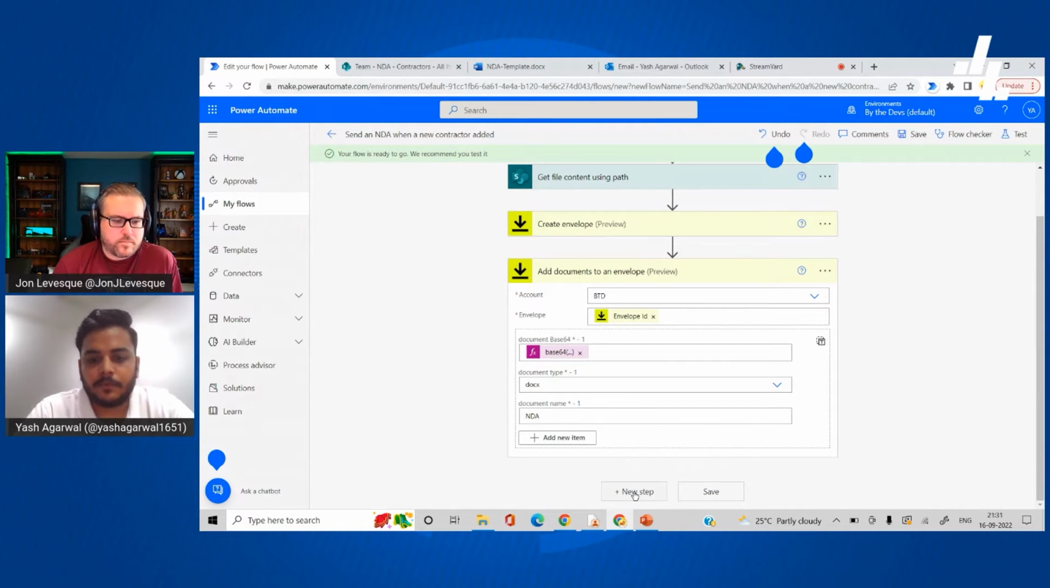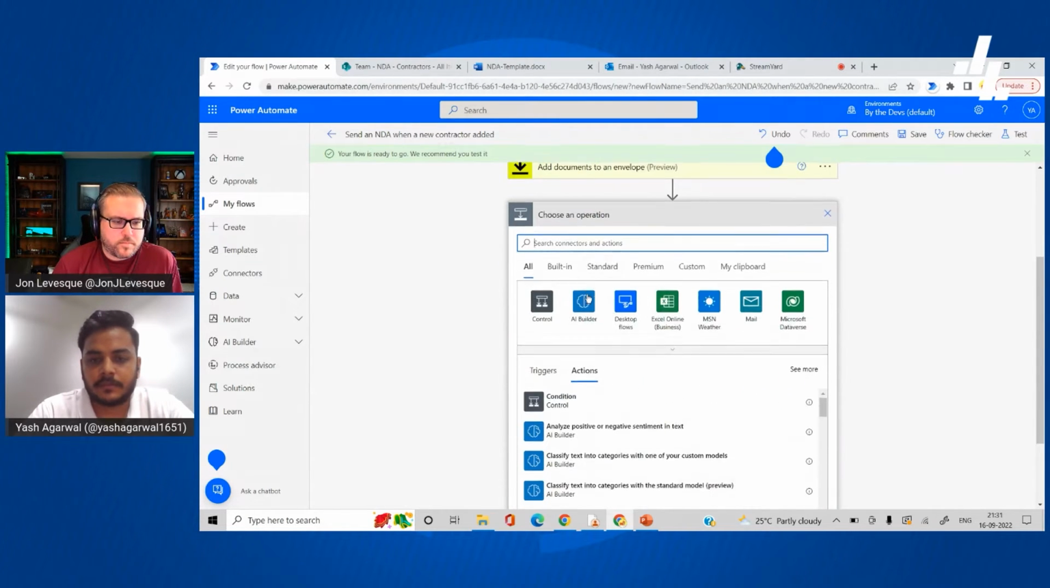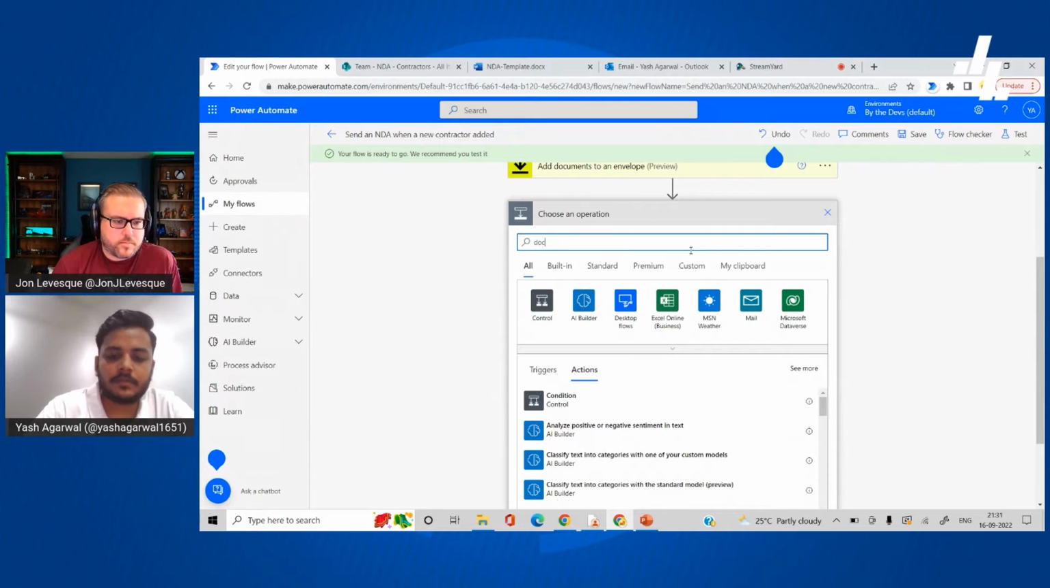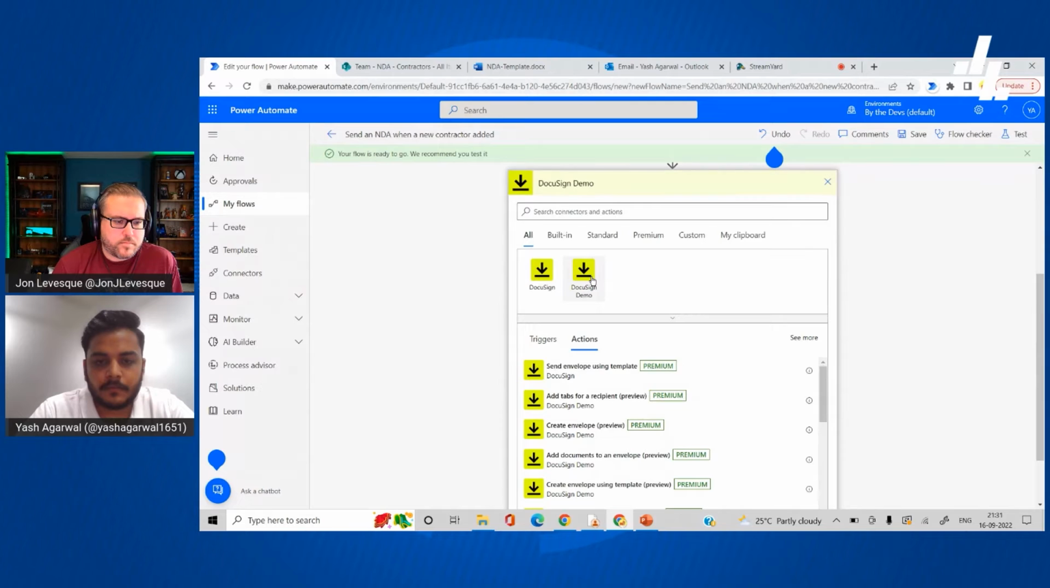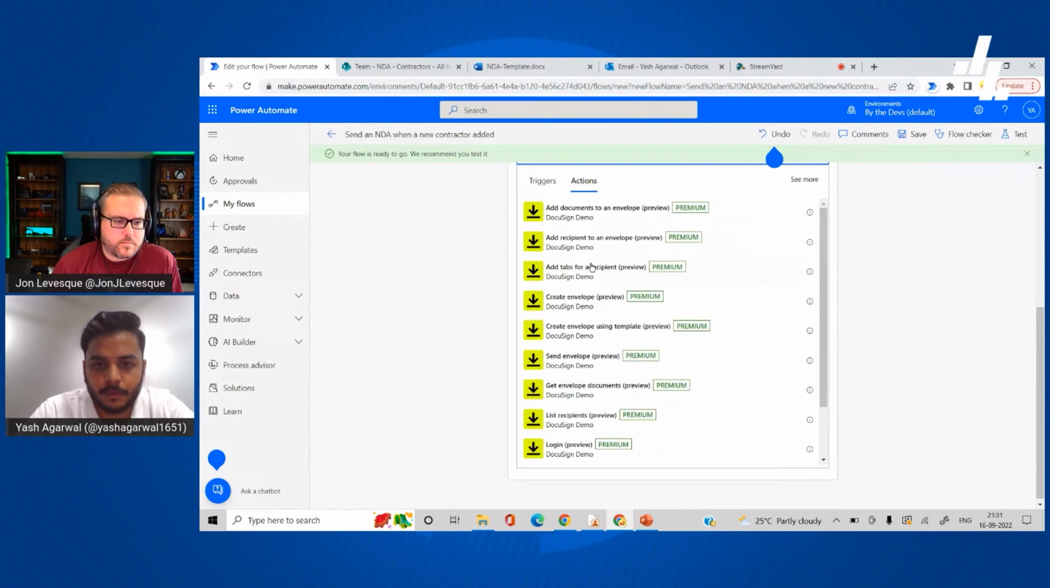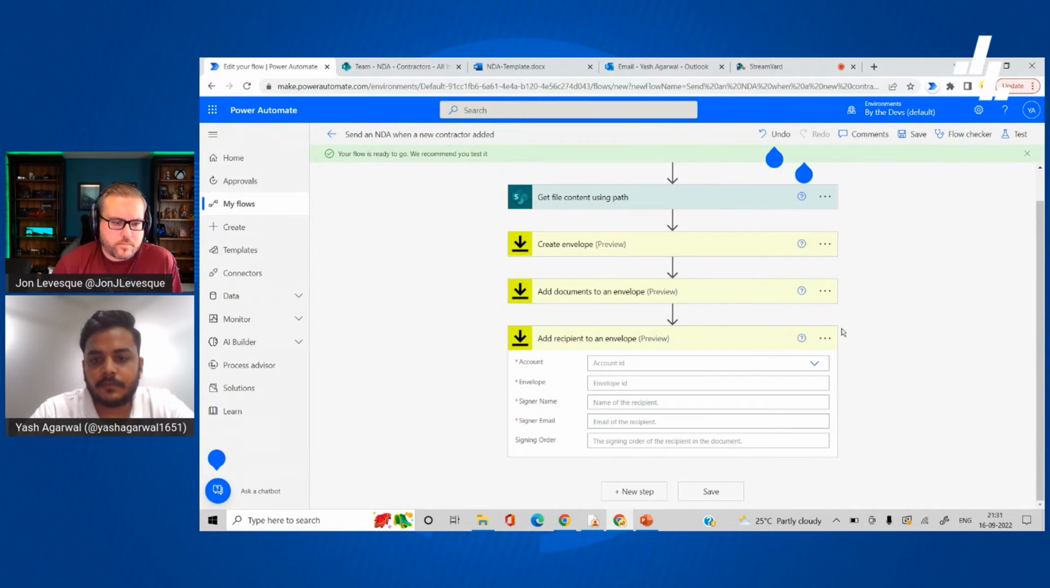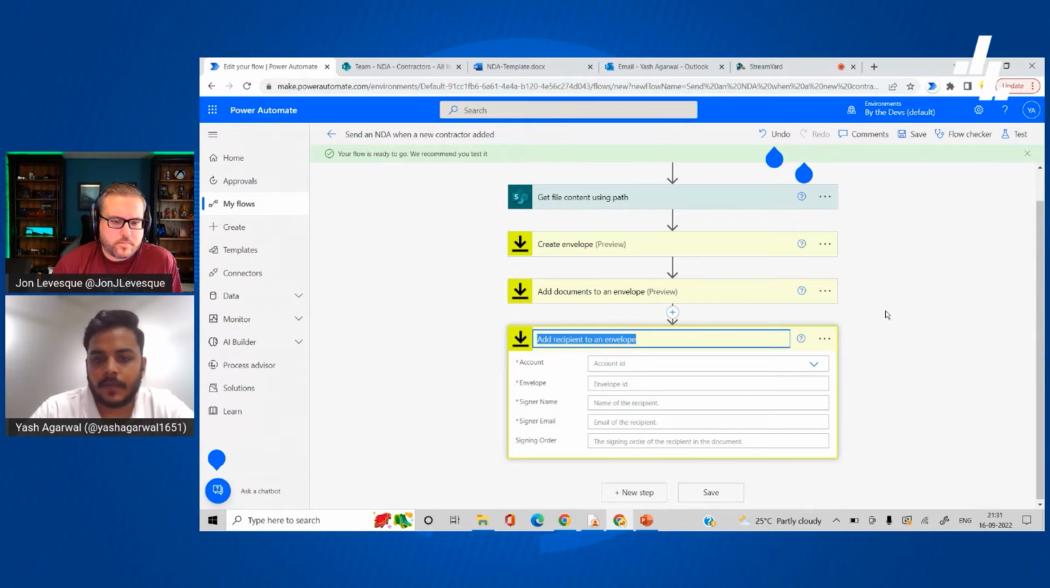And then the next step would be adding a recipient to this envelope that we've created. So I'm going to again search for DocuSign, and from the demo, it's going to show me an option where we can add a recipient to the envelope. So I'm going to select this. This is for the contractor. So let's just rename this as contractor,